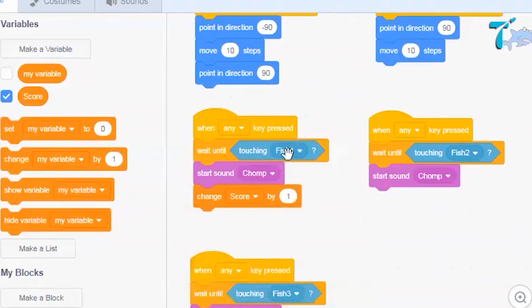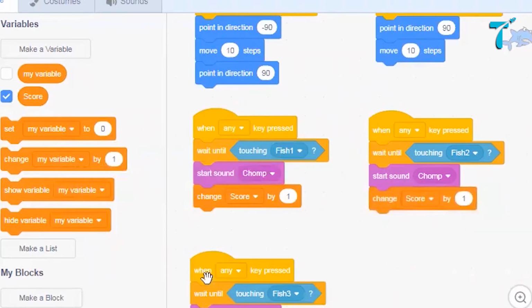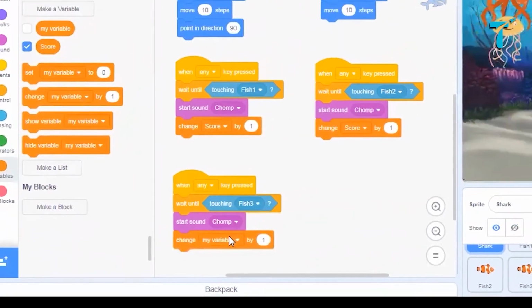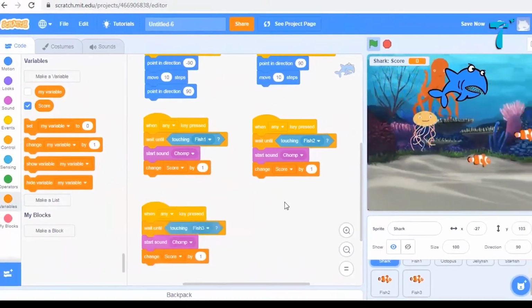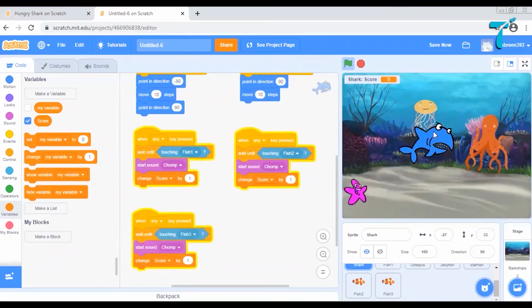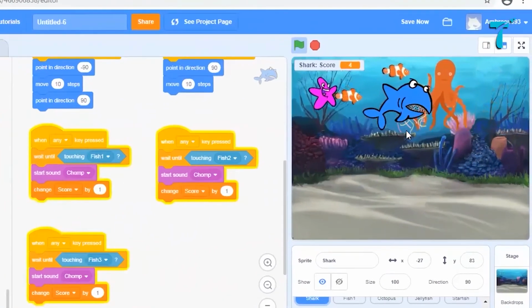Okay, when it touches fish 1. Same command for the other fish. Change my score by 1 when it touches fish 2 and for fish 3 as well. Okay, let us see if this works. So I've eaten up fish 1, 2, 3, 4.